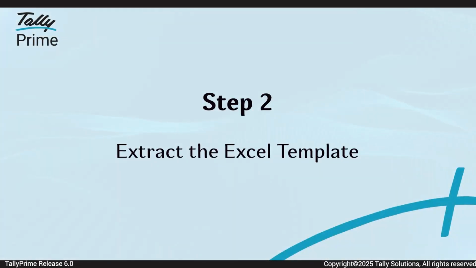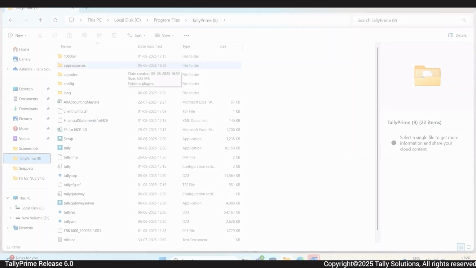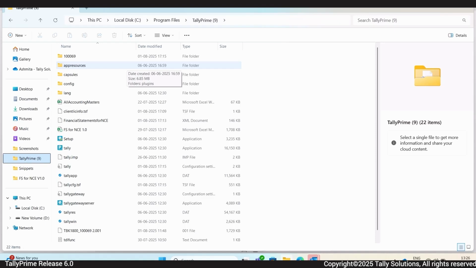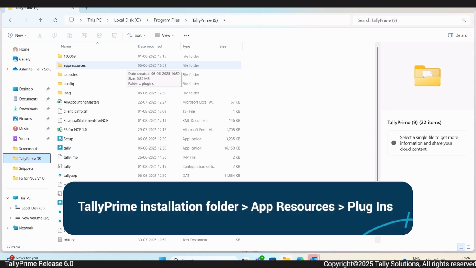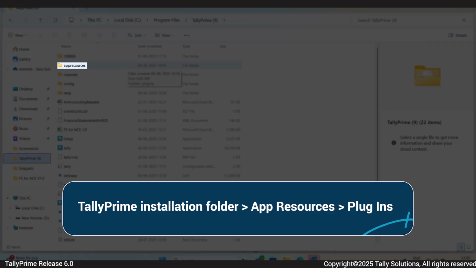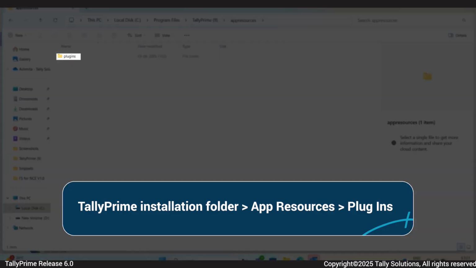Now that you've enabled the add-on, let's move to the next step, extracting the template. The Excel template is downloaded as a zipped file in your TallyPrime folder. To extract the template, go to your TallyPrime installation folder, App Resources, Plugins.